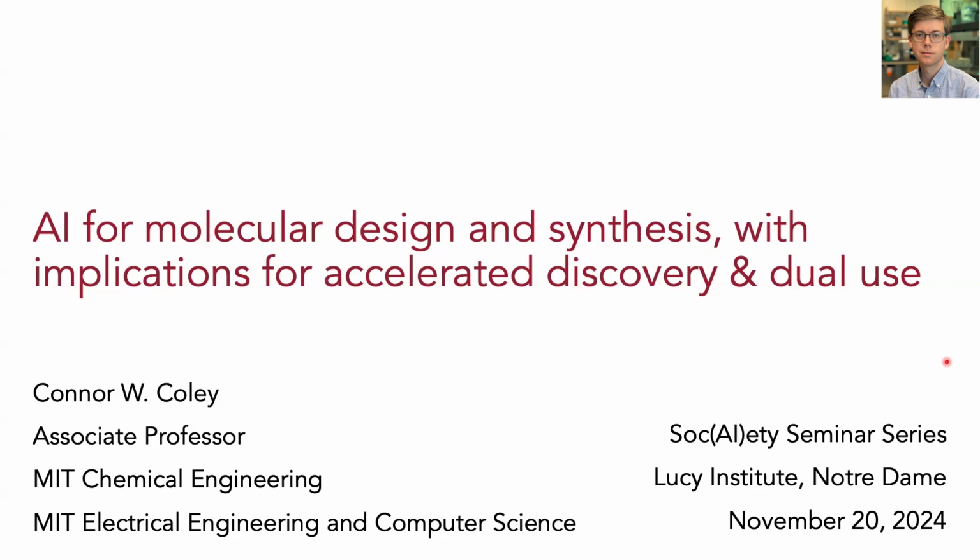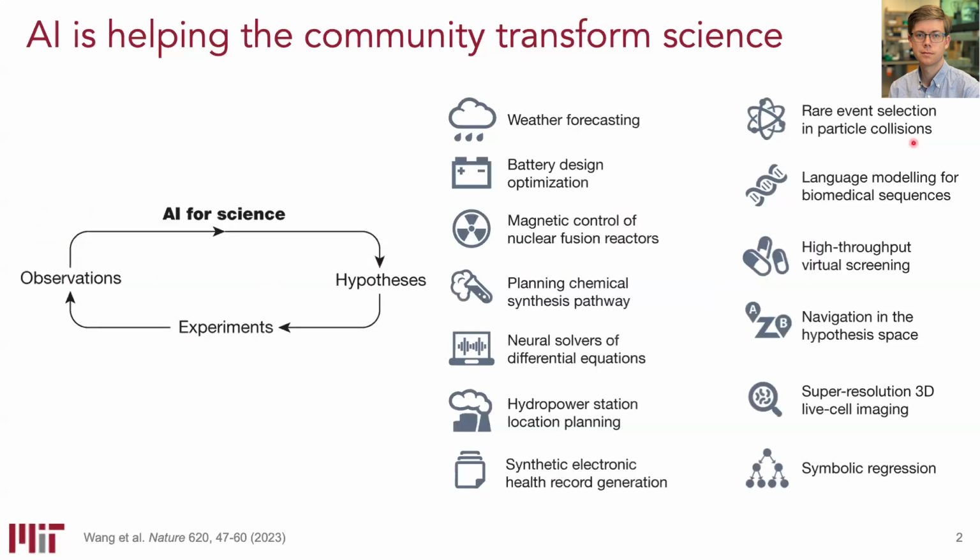So I'm going to talk about a couple of threads and themes that we work on in the group, and in particular try to highlight not just the technology, but also what we're trying to do with this technology, and some side comments on the potential for dual use, because I think these topics are, of course, of interest to many folks in the room. Now, obviously, we're at a moment where we're seeing an increasing use of AI across the chemical sciences, across science in general. And we see a lot of high-profile examples like AlphaFold, of course, receiving the Nobel Prize in Chemistry, and everyday usage of tools like large language models.